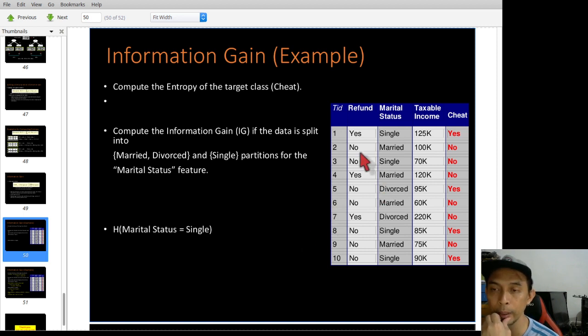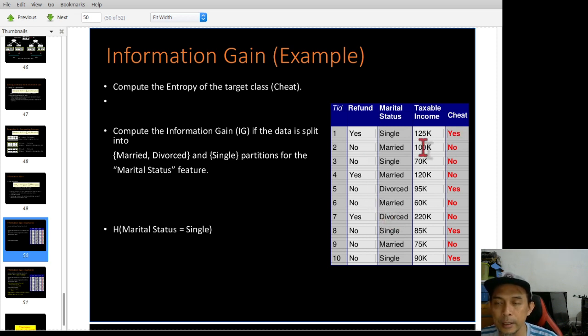Okay, let's come back to this training data. So now you have 3 competing attributes here: refund, marital status, and taxable income. So you want to choose which of these 3 is the best splitting attribute.